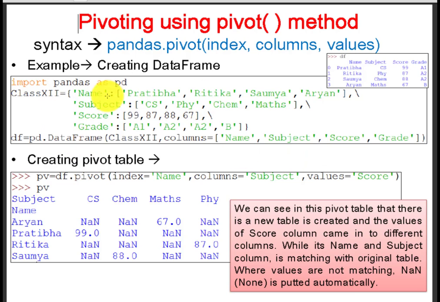So this dictionary has been converted into the data frame, and you can call this with the name df, and you see here in this table that the data frame has been created. So this is our data frame table. Now we convert that data frame table using the pivot method. We want to analyse that record.